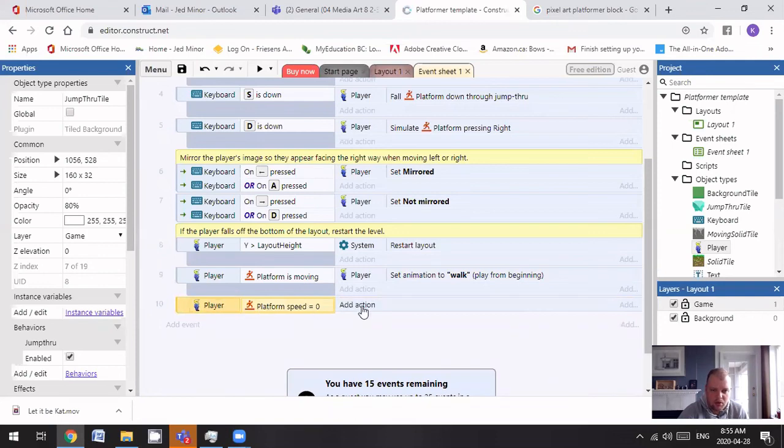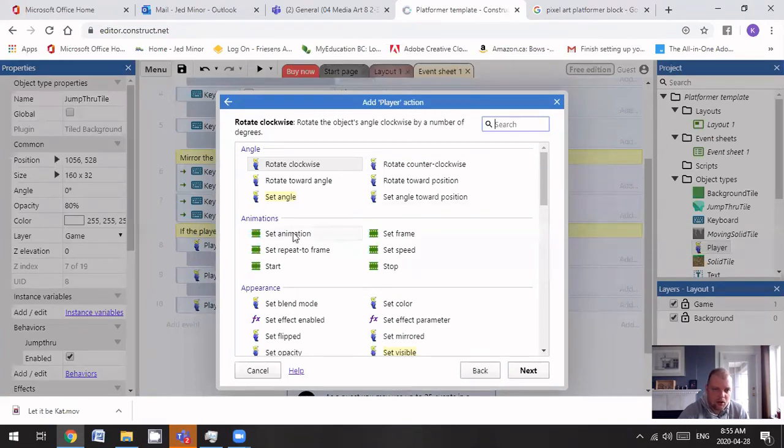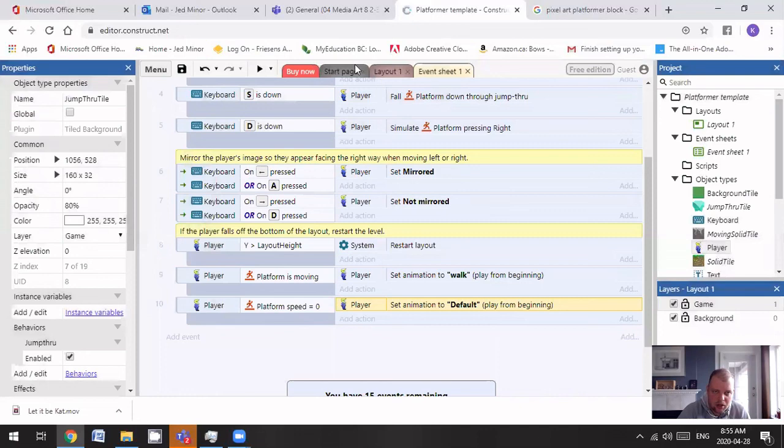When platform speed equals 0, add action, player, set animation like we did the last time, but this time it's default, with a capital D, because that's how the game starts with its default state. Default, D-E-F-A-U-L-T between the quotations. Click done. And then if we test this code,